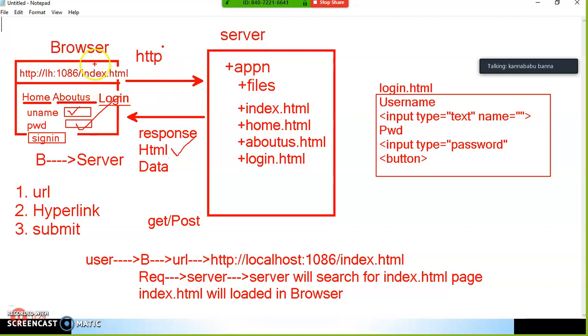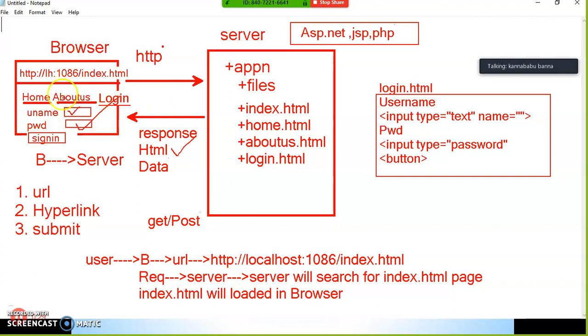So here the communication between browser and server is due to the HTTP protocol. Is it clear? Now, what happens in normal web application development? If you develop a web application using ASP.NET or JSP or servlets or PHP or any server-side technology, every time the request goes to the server, the entire page will be loaded. The main problem in a normal web application is page refreshment. The page will be loaded. Page postback is the problem in normal web application development.